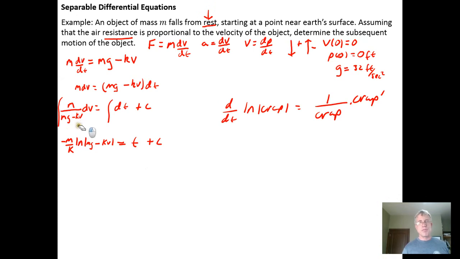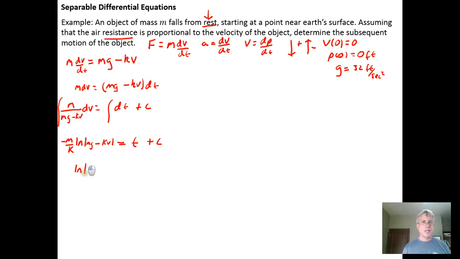and then go from there using the u-substitution technique. So I'm going to get rid of this because I'm going to need that space over there in a little bit. So I'm in this position right here, so I'm going to multiply both sides by the reciprocal of negative m over k, so that's going to leave me with the natural log of mg minus kv on the